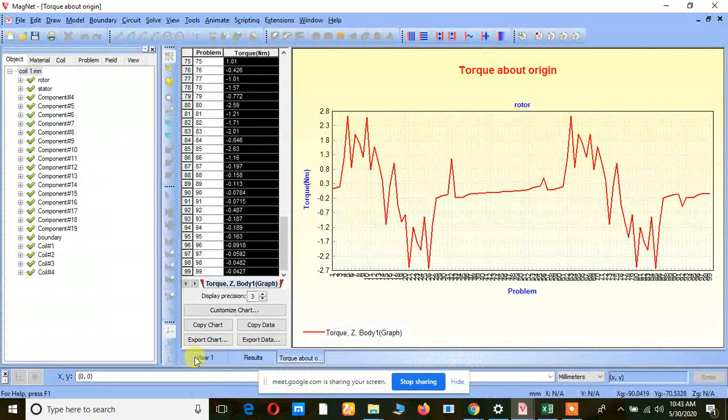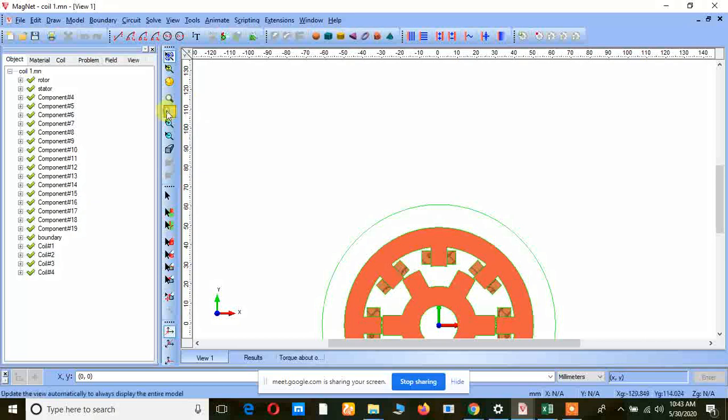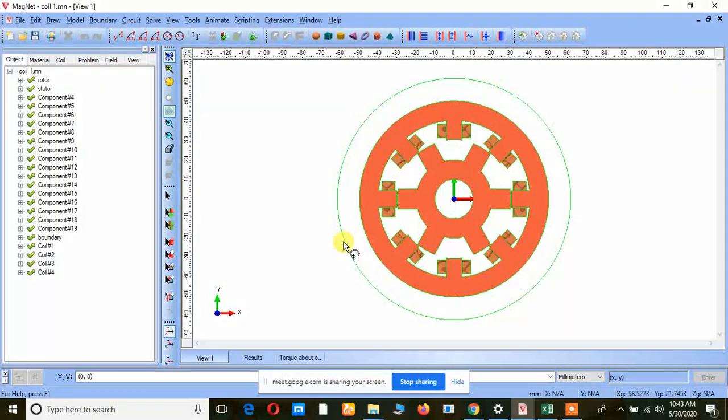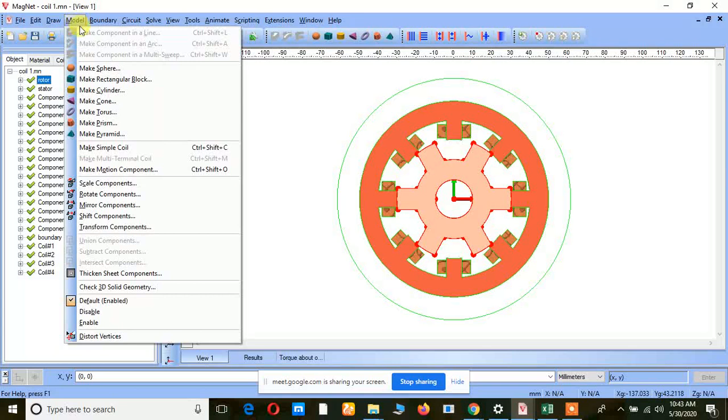So how do we convert the static profile into a transient one? For this, what we have to do here is just select the rotor object, right? After selecting the rotor object, if we go to the model, we can identify make motion component.